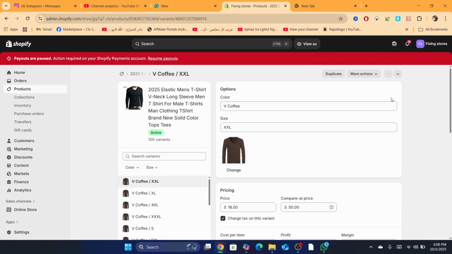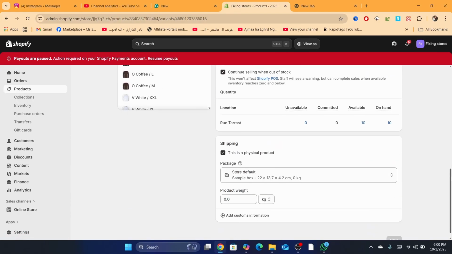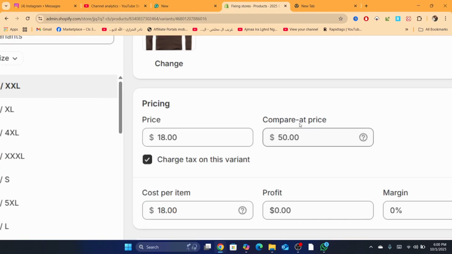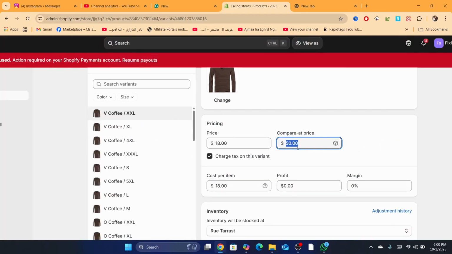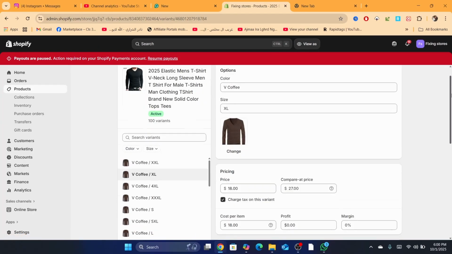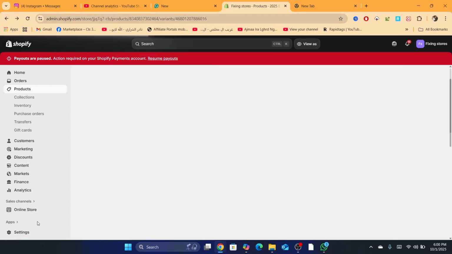Now I'm going to click on X size, for example, and as you can see, I will be able now to see the compare price here. Okay, just in case you didn't look at this, for example, this here is compare price. As you can see, because I clicked on each size, I can do that. Okay, now if it doesn't appear, regardless, then what you need to do,